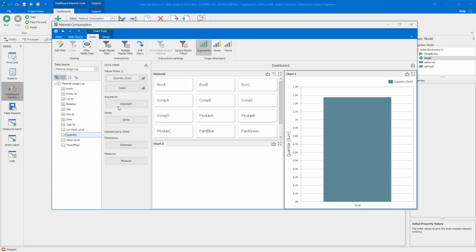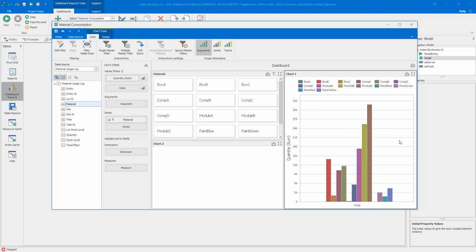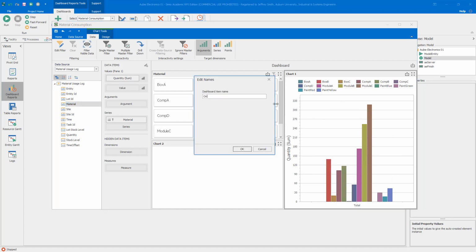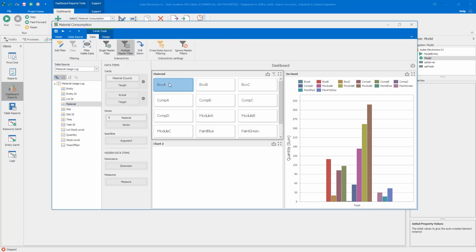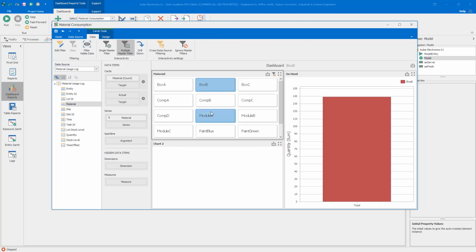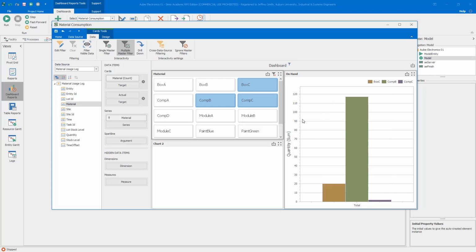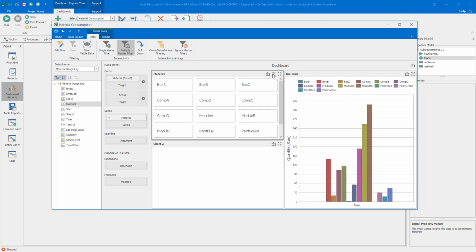And then I'm going to put the material under the series. So now we have the bar chart that we saw. And then we'll just rename this to on hand. So this is our on hand values. And so now again, if we select values, so module A, component B, do multi-select, and you can see that it's using that interactivity that we talked about earlier. So delete that. So now we have our first set here, and now we want the chart that tracks inventory